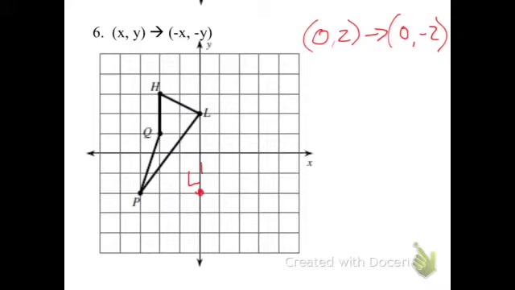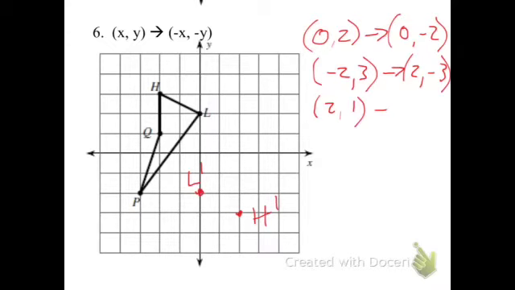L prime. H is currently at -2, 3. Switch the sign on both of them. You got 2, -3. And 2, -3 is right there. So there's going to be my H prime. Q is currently at -2, 1. You guys switch the sign on both of them and we got our new coordinates. 2, -1. There's my